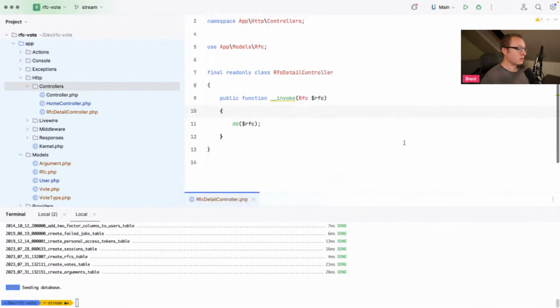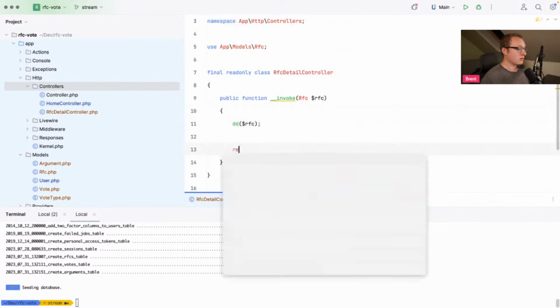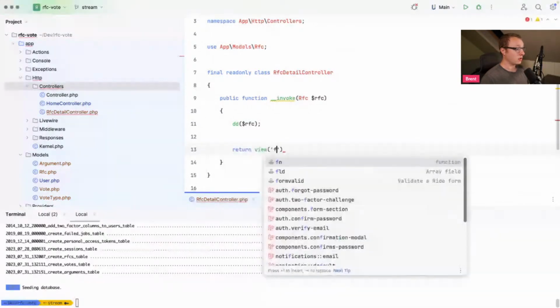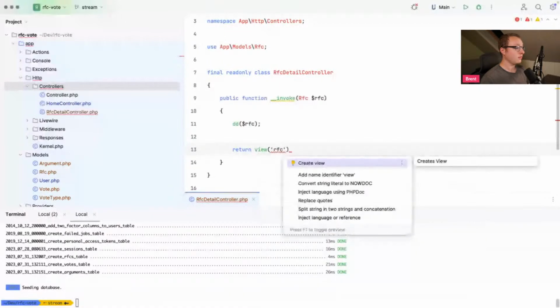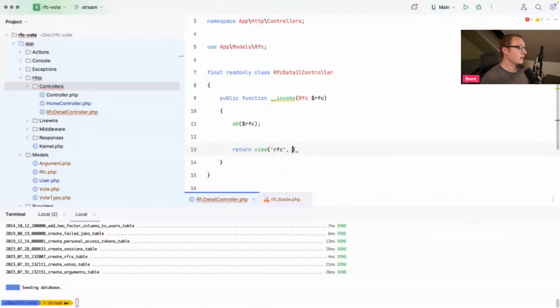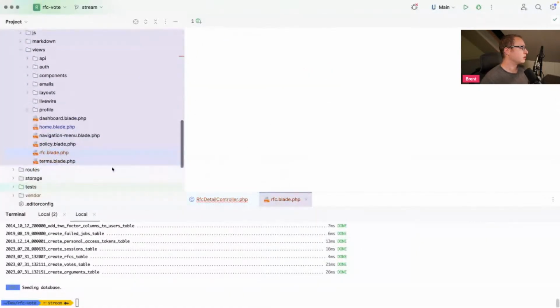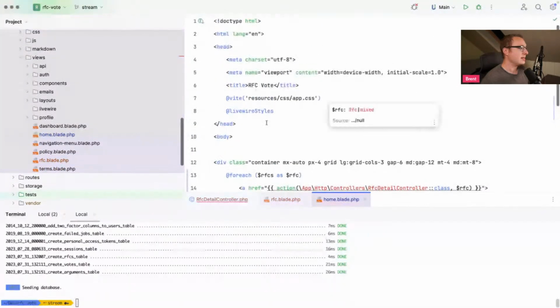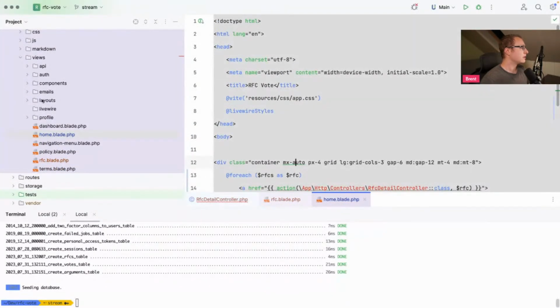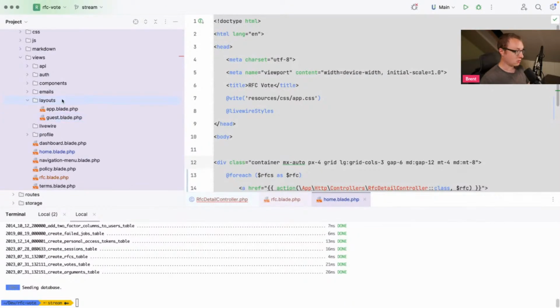So that's in our detail controller here. Going to have to make a view. So return view RFC. Let's create it. And I don't actually think I have a base view yet. So let's take a look at layout. So base plate